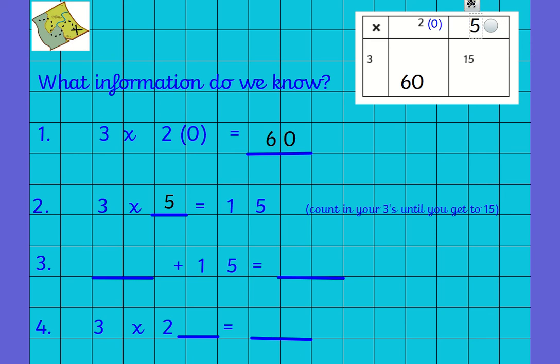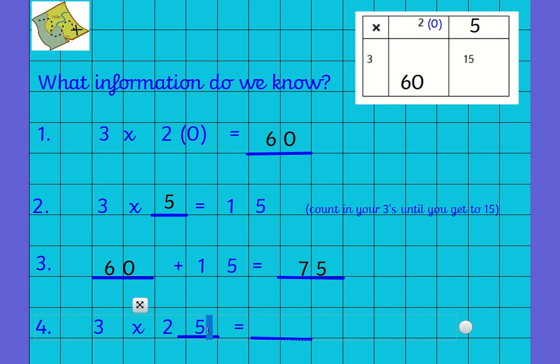There we go. So something add 15 equals something. Well, we know that's now going to be 60, don't we? 60 add 15 equals 75. There we go. And we can finish it off by saying that we know that 3 times